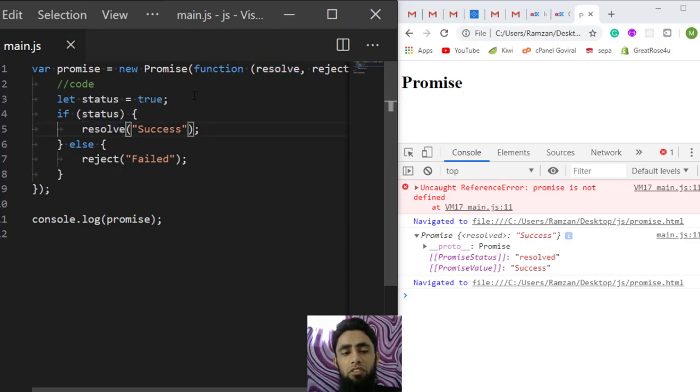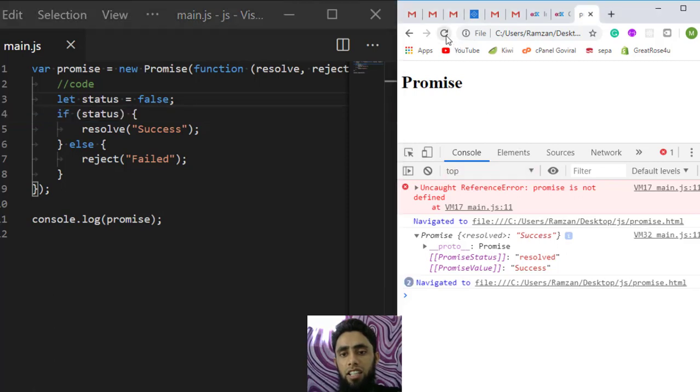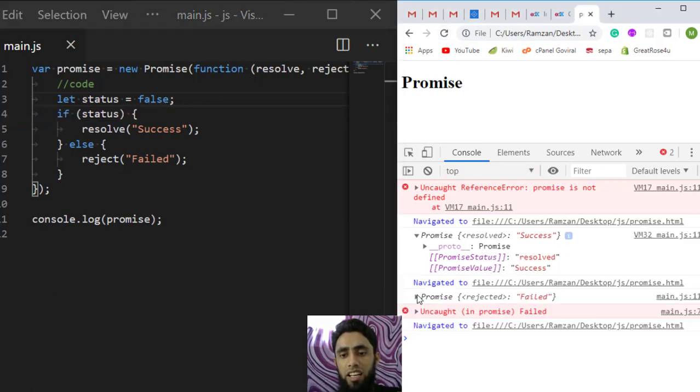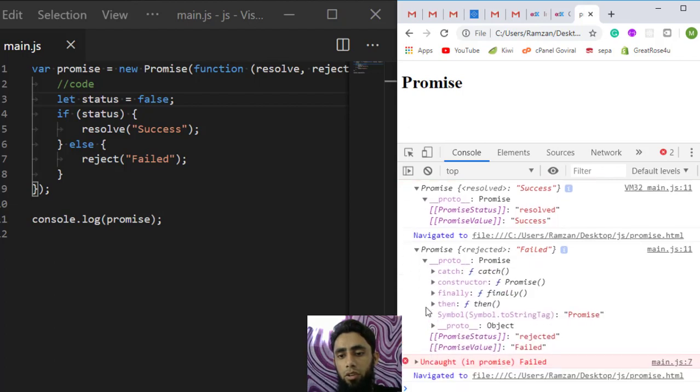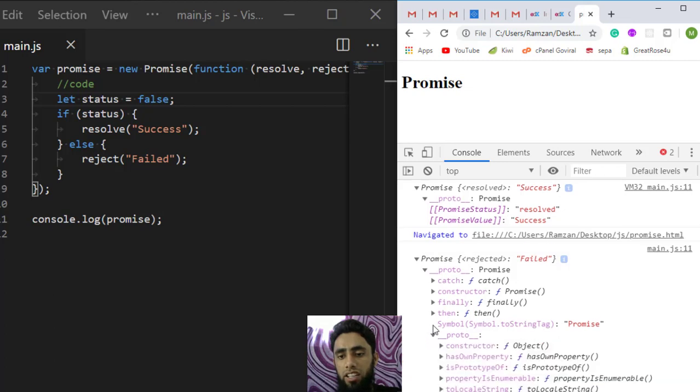So that means whatever we were expecting, we got the successful result. Now, for example, I am going to write false here and refresh this again. You can see that the promise is rejected and we are getting the value false. If you look inside of it, you will see everything, like the messages and all.